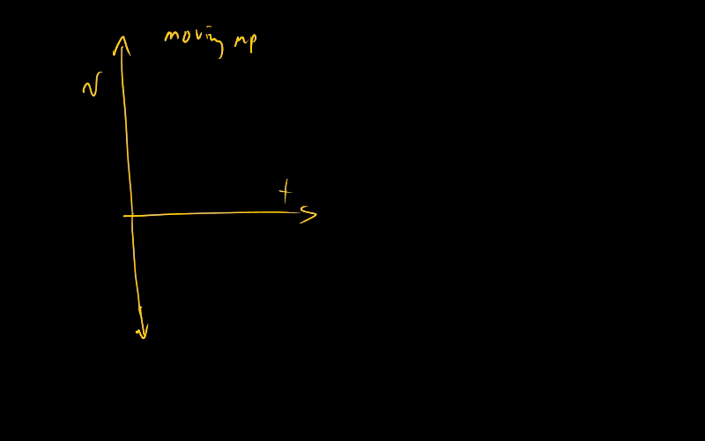Speed time plots for falling objects pretty much always look the same. This is speed, and this is time, and I'm going to have up and down. So this is moving up, this is moving down,